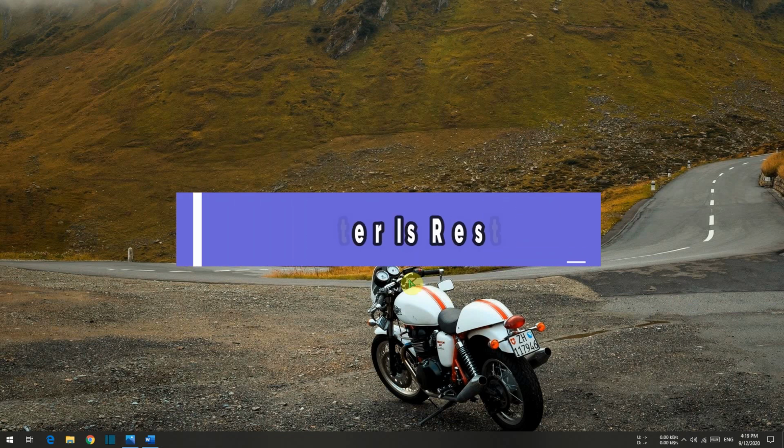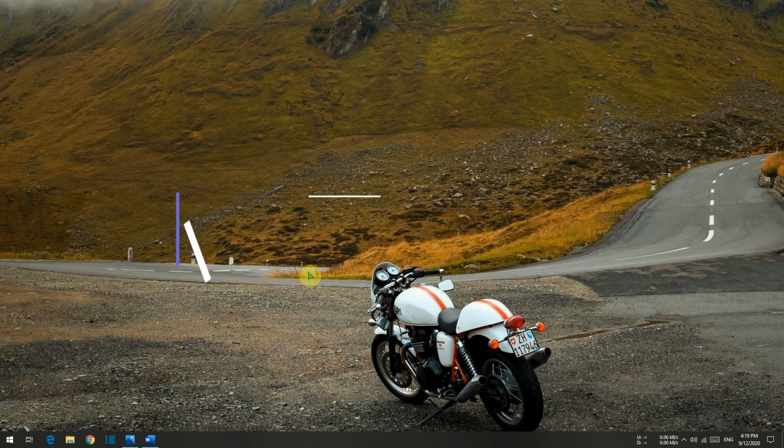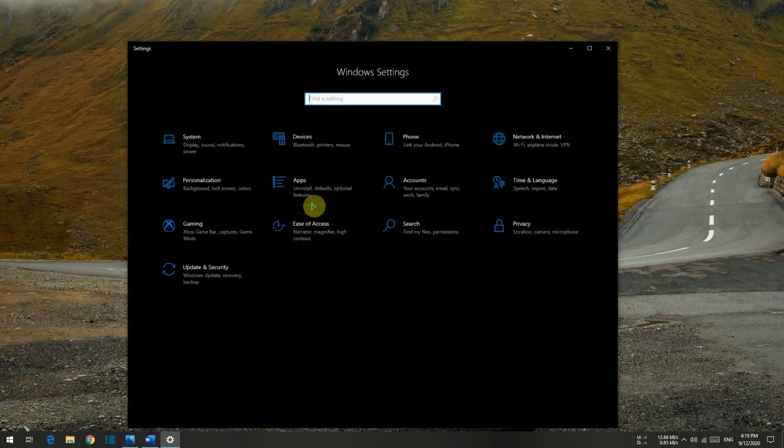Welcome back. Windows is restarted. So now we will check whether the update is installed or not. On your desktop, simply click the Windows and I button.